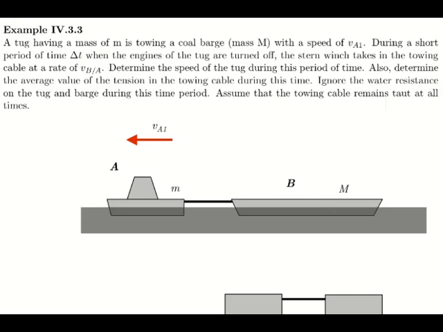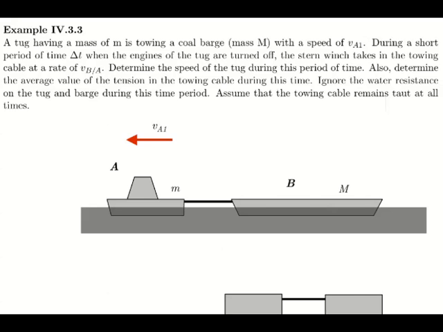For this example, we're looking at a situation of a tug and a coal barge, which is cruising along with the engines on the tug turned off. They're moving to the left with some speed of V1. And at some time, there's a winch on the stern of the tug that begins